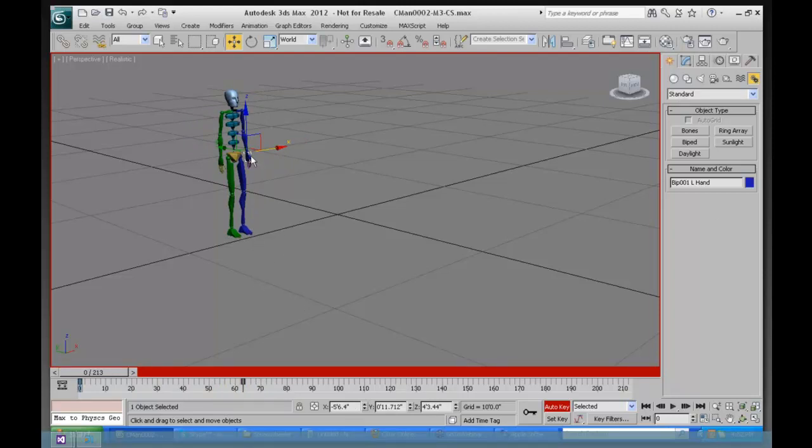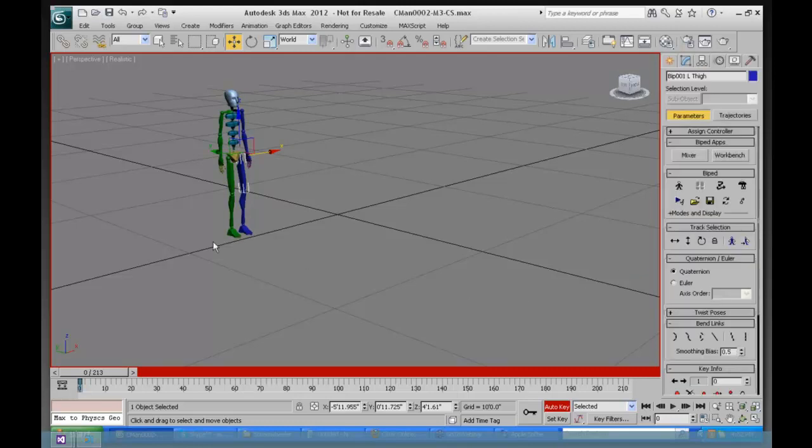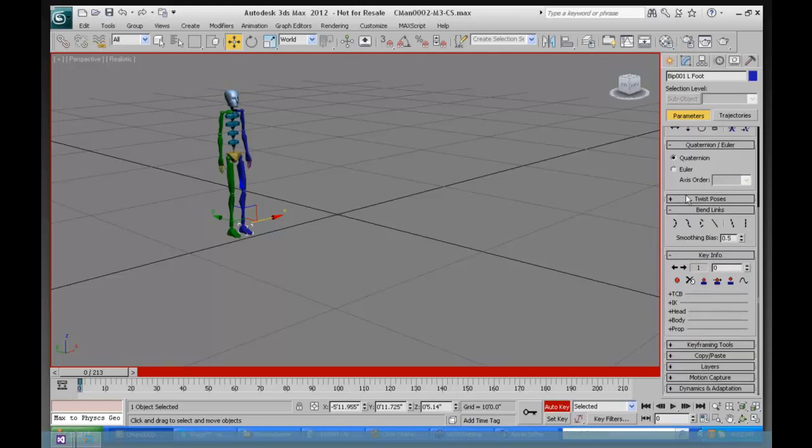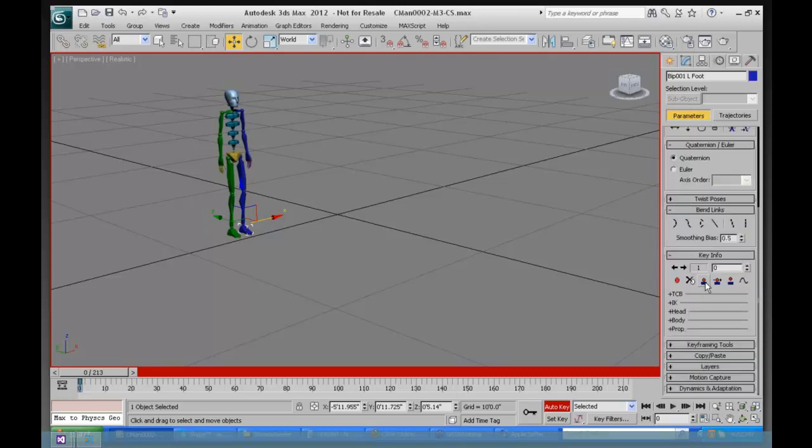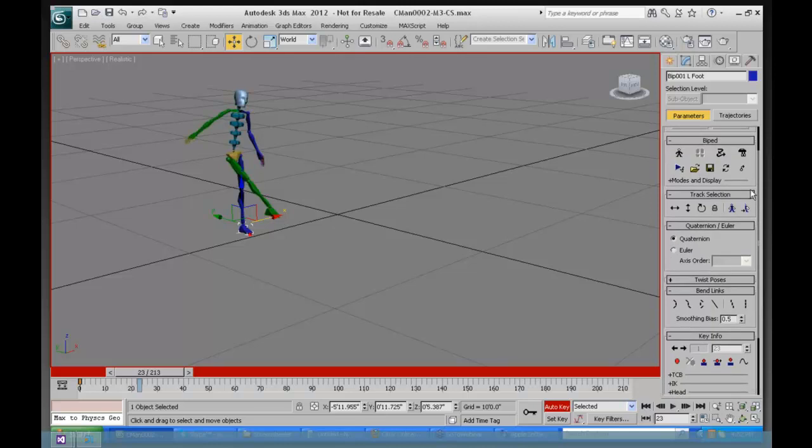Freeform animation in biped is very full-featured. If I go to the motion panel and I select a foot, you can see that there are all sorts of specialized keys. I can set a planted key, a sliding key, or a free key. If I set a planted key for the foot at frame 0, now I'll go to frame 25, and then I can choose, the parent for the biped is something that's called center of mass. And if I zoom in